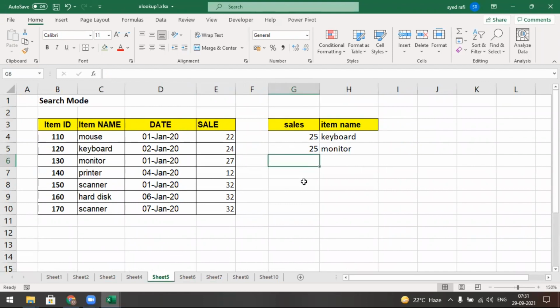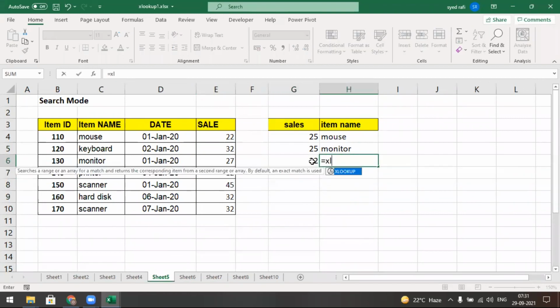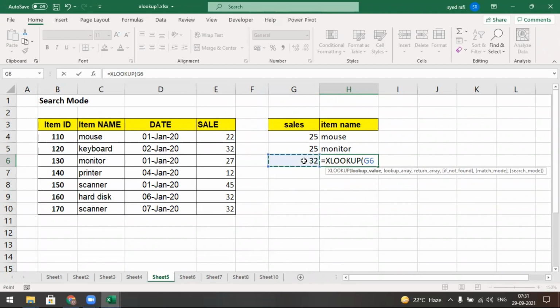So I gave some 32 here, like this. I entered the value 32. Okay, what happened? Let's check. Equal to XLOOKUP. I want to search for this value in this region, comma, return array.